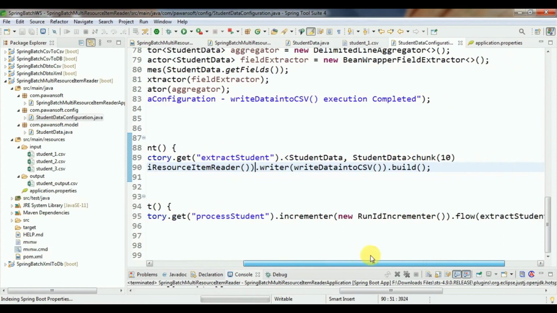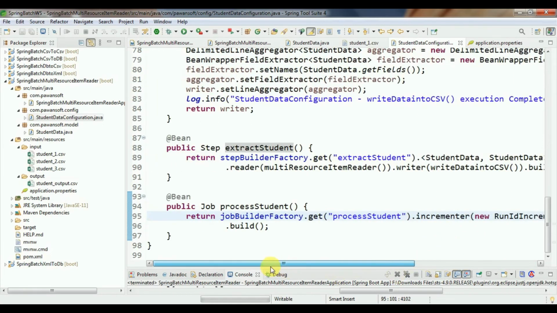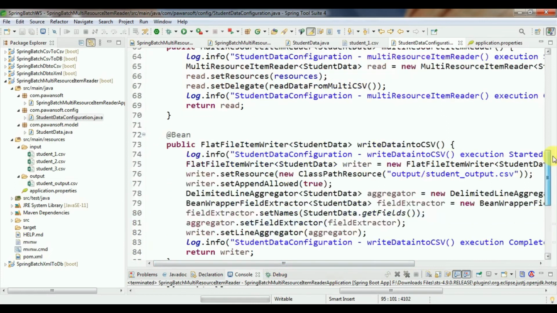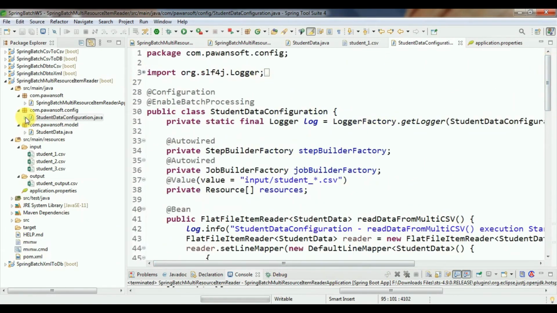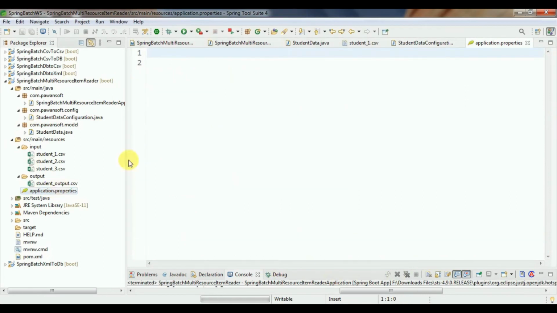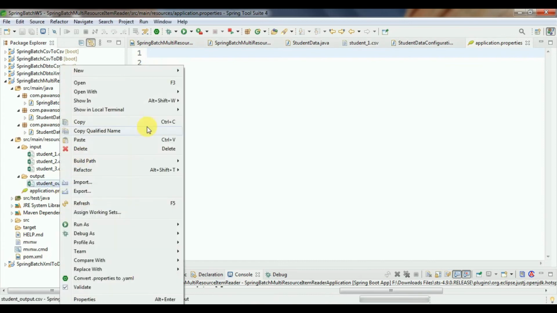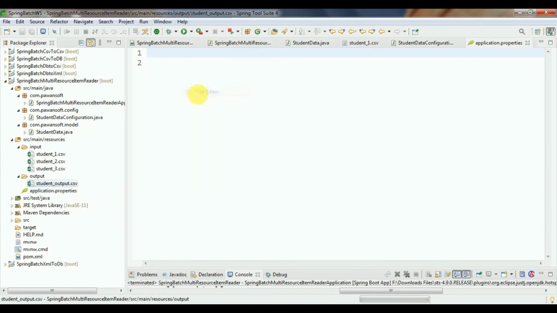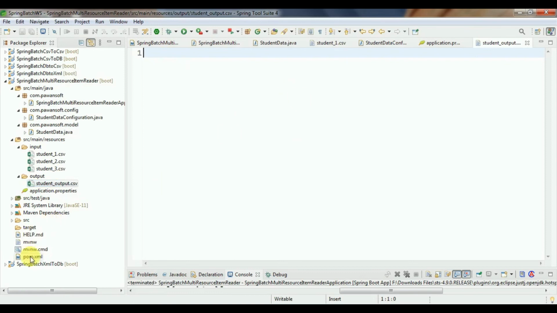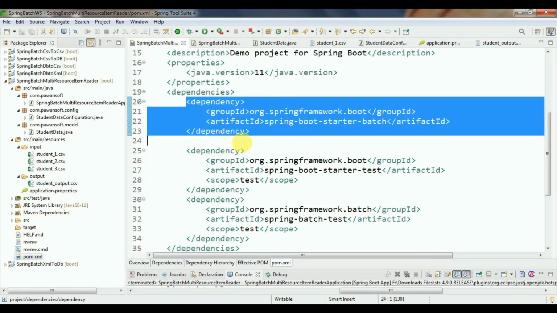Inside job you have to write the incrementer and flow step. Then the configuration is ready. Then this is the application.properties. Nothing I have written because I am not using any database, so I am not going to define anything here. In output currently the student_output folder is empty, and in pom.xml you only have to add the Spring Batch dependency.